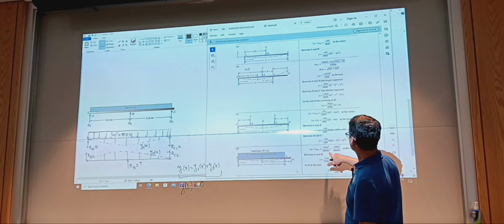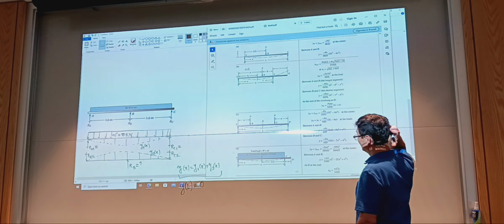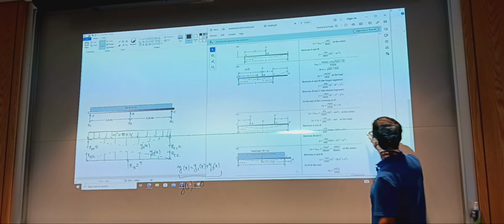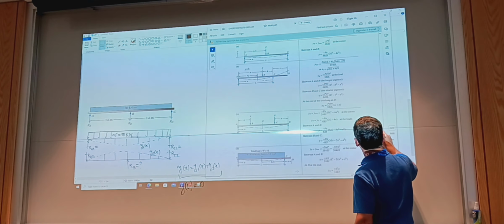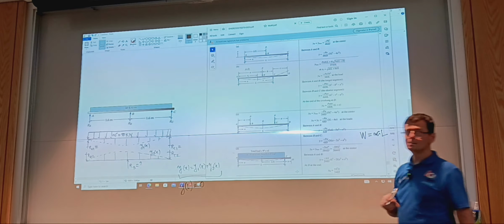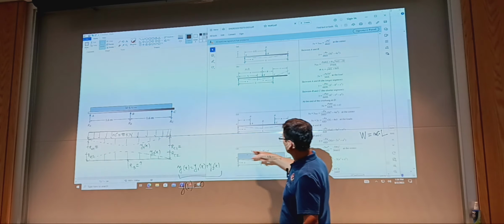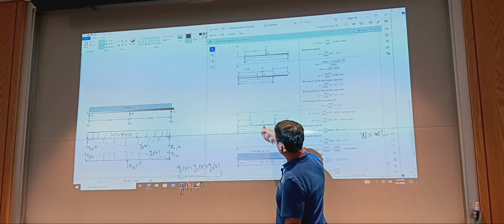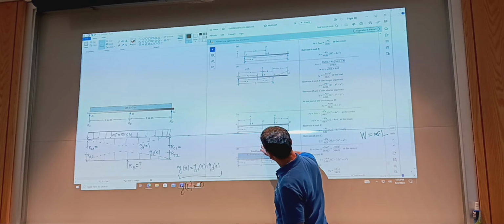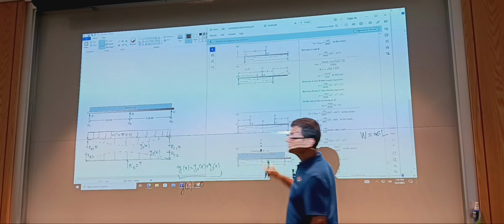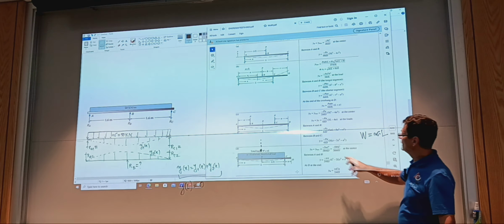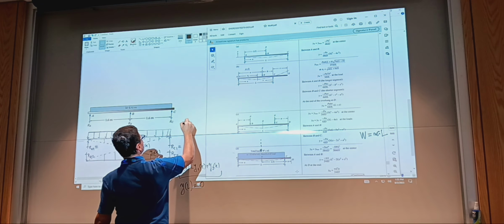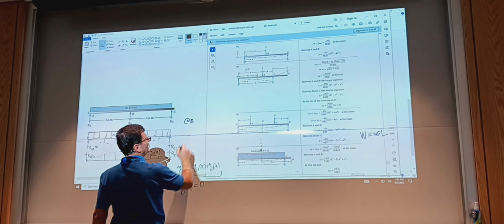is 5, and just look here. They have this capital W notation. Capital W is lowercase w times L. So essentially it's the equivalent total load W equals lowercase w times L. I drew it as a dashed line, if you remember. So this is the equivalent concentrated force to a distributed load. Okay, so for this, I'm at point B, and I write,